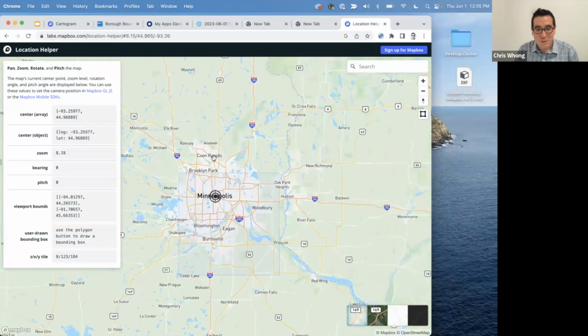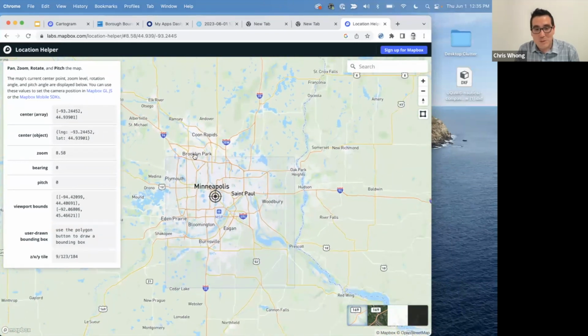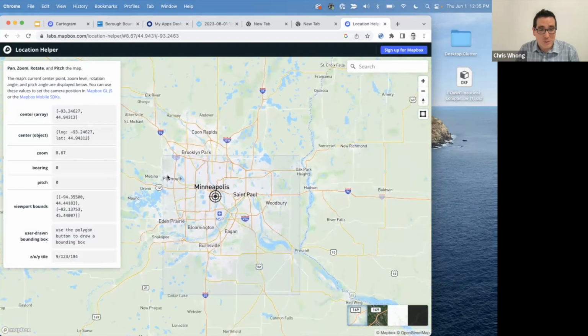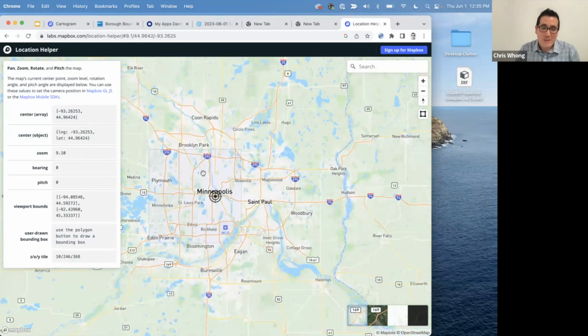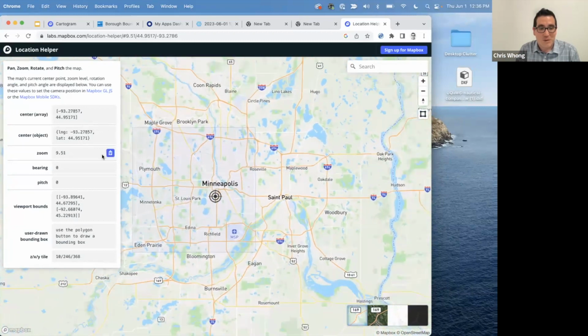So this is just a useful tool to help you get the map view. And usually most of the time people just need a center point and a zoom level. And so we can see the zoom level here, and you can get those nice little incremental zoom levels. And this saves you when you're doing this just with code, you have to change the code, save it, and then reload your browser, reload your environment, and see where that view is. This will help you fine tune it, right? So I can say I want this to be exactly my view.